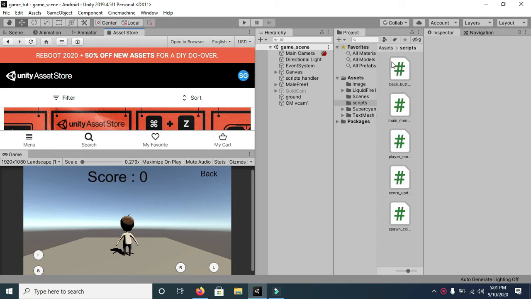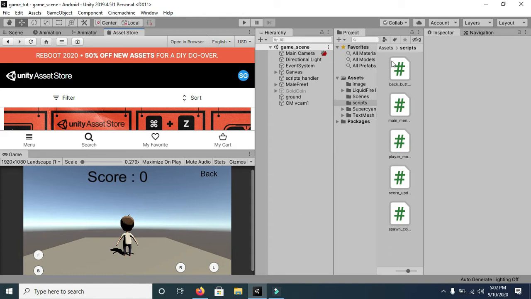So now in this tutorial we will add some particle effects in our game. If you have seen my earlier videos, then you must have noticed that whenever our player collides with the coin, it collects the coin, but we don't get any indication of whether the player has collected the coin or not. The only indication we get is the incrementation of the score. But we want to make our game cooler and more amazing, so we will add a particle effect when the player collides with the gold coin, and the particle effect will be played, and the score will be incremented.